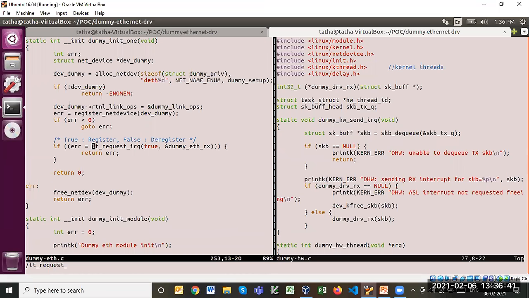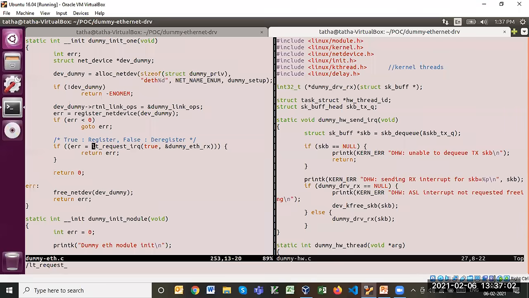Suppose there will be a register called the interrupt register in the hardware specification, where one bit means RX, another bit will be for the TX done, the other 3 bits for the error cases, 2 bits for the link up and down, and so forth.